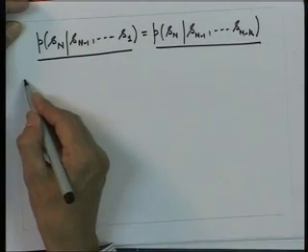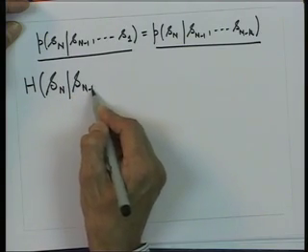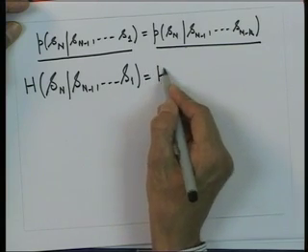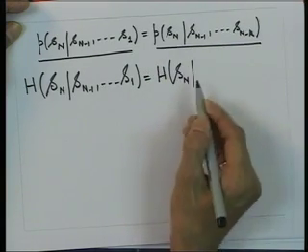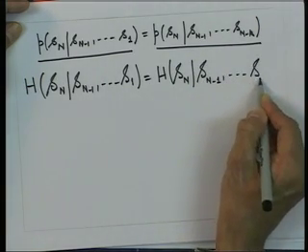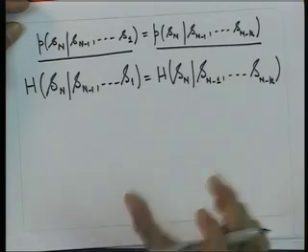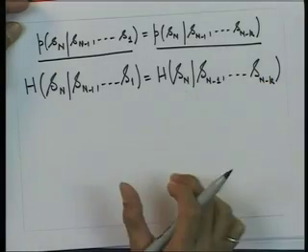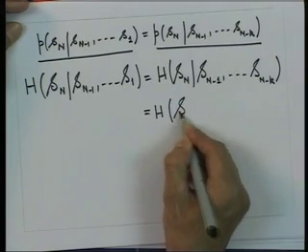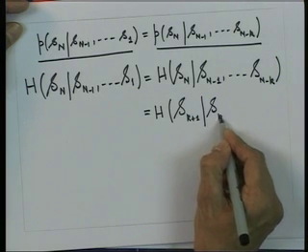If this relationship is valid, then H of Sn given Sn minus 1 up to S1 would be equal to H of Sn given Sn minus 1 up to Sn minus k, because only k preceding symbols will come into the picture, and because the Markov source is ergodic and stationary, I can write this as H of S(k+1) given S(k) up to